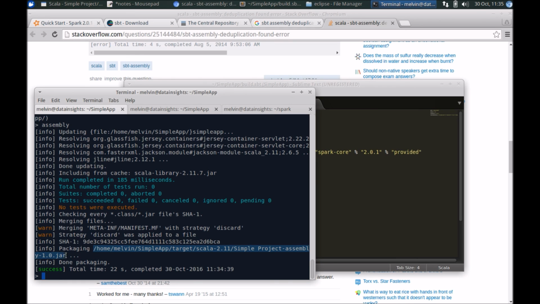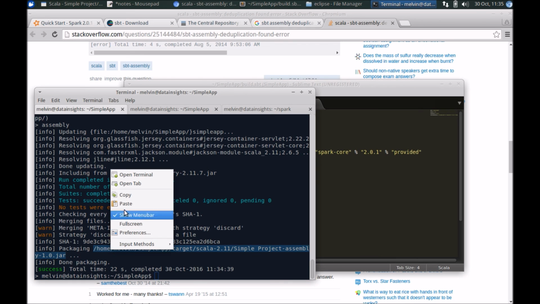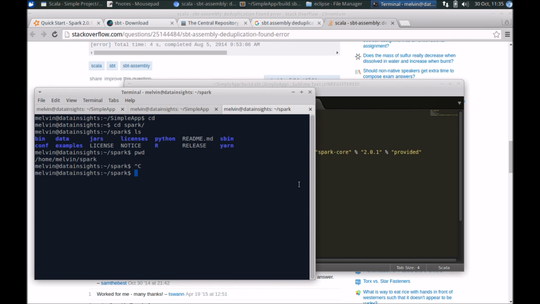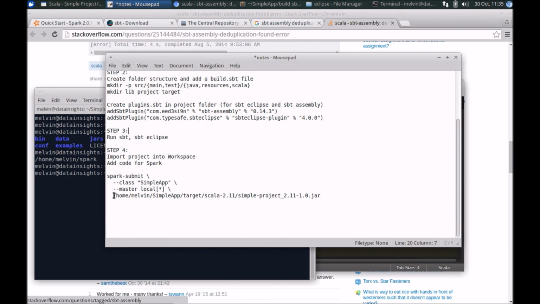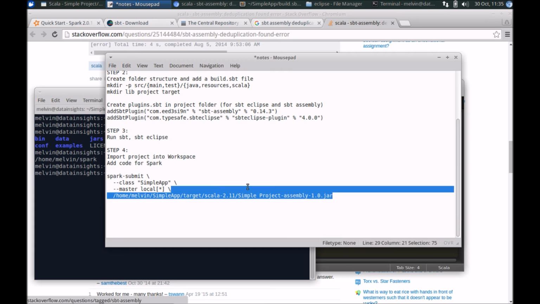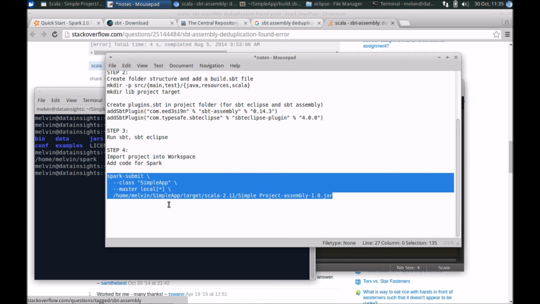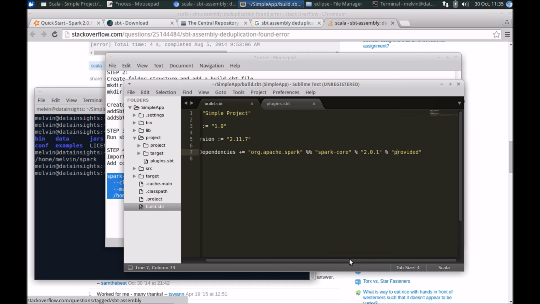So again, we have this jar file here, so we can now go back and where's the sample here? It shouldn't have changed. It's the same folder. So now you can run the Spark submit again. Again, this example of using the SBT assembly is overkill, given that we don't have any complex dependencies. But as your project increases in complexity and you have a lot more dependencies, it's always a good idea to consider using SBT assembly. So that covers it for this video of